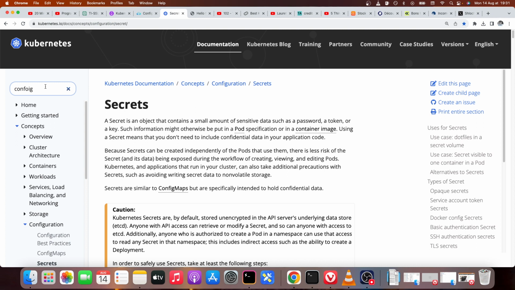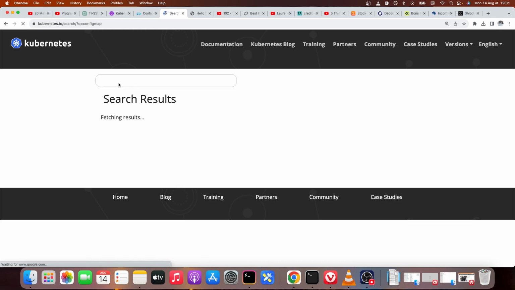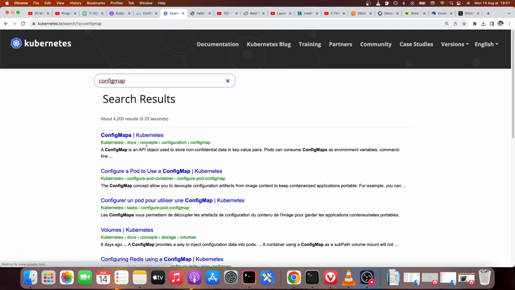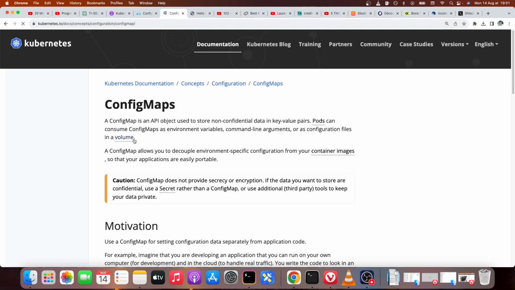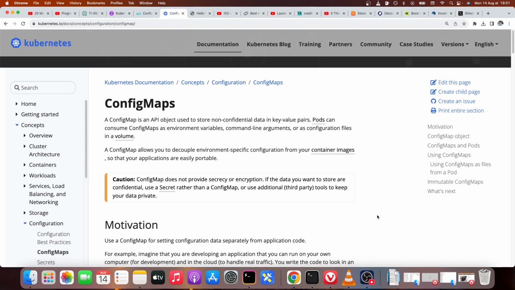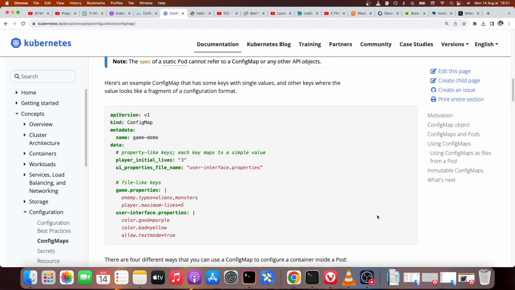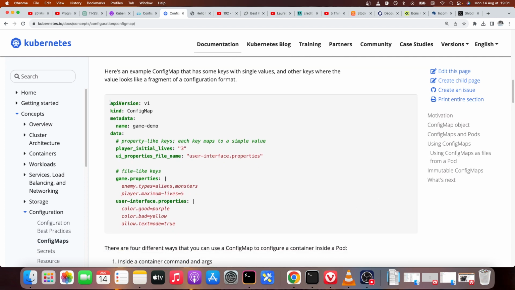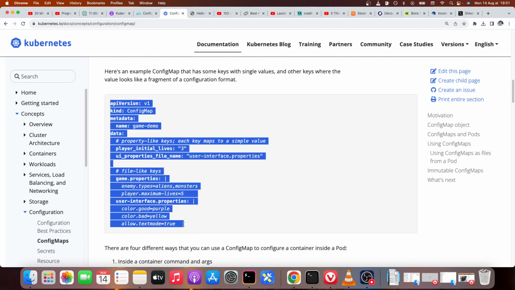So config map, and modify the data section of the config map. Basically it has the same headers like API version, metadata, and the rest. Something like this. I'm going to copy this